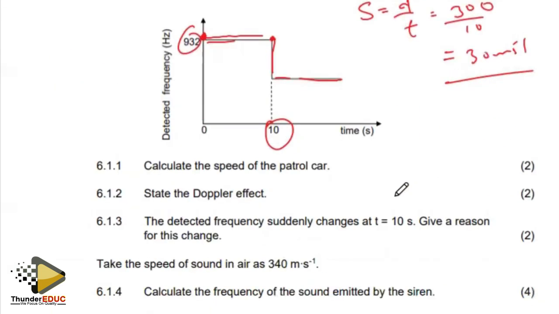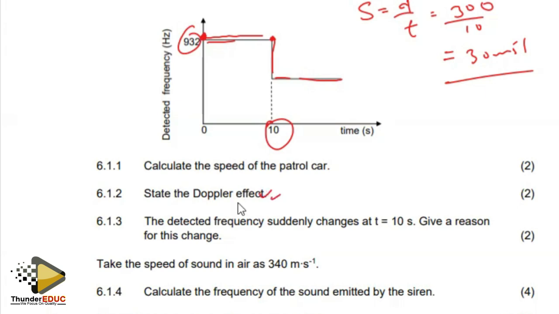I'll take that. So state the Doppler effect, remember what we said? That the change in the frequency of a sound detected by the listener, because the sound source and the listener have different velocities, relative to the medium of propagation of sound. Okay, then